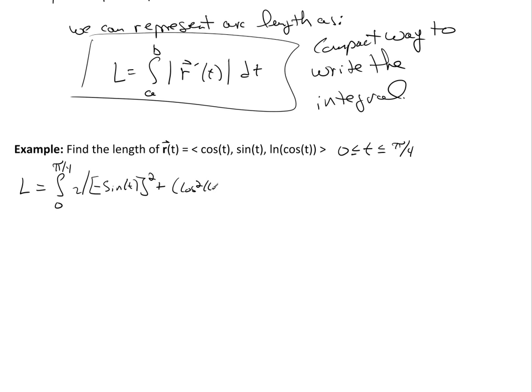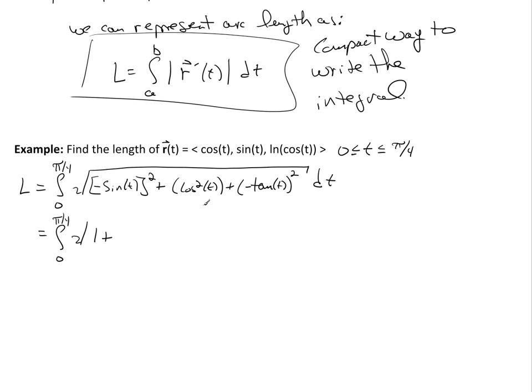plus the derivative of log of cosine, which is 1 over cosine times the derivative of cosine, which is negative sine over cosine. That's simply going to be negative tangent of t quantity squared dt. Well, this is just sine squared plus cosine squared, which is 1. So this is going to equal the integral from 0 to pi over 4 of the square root